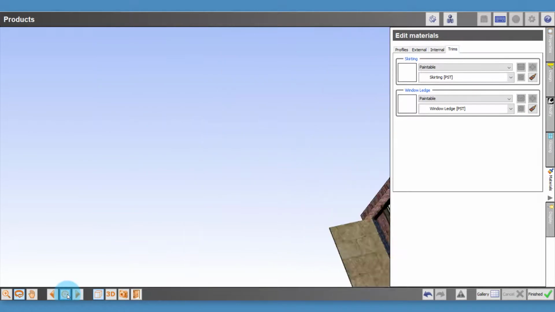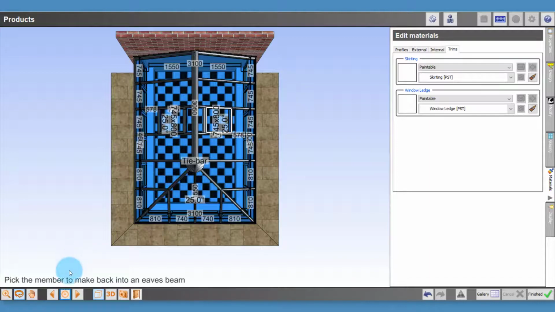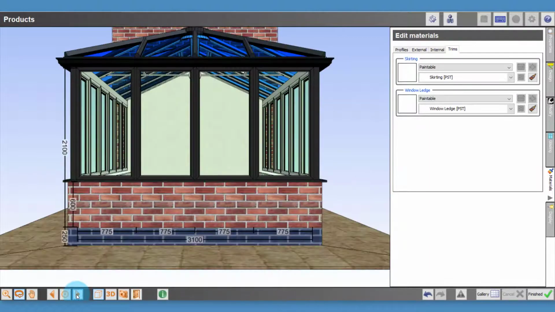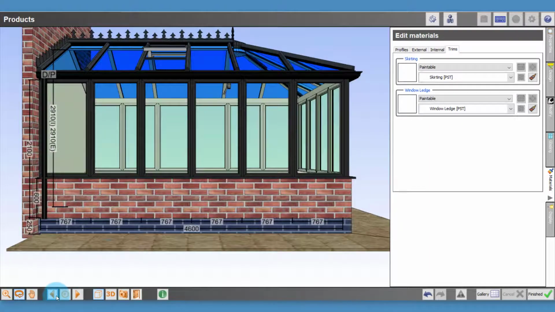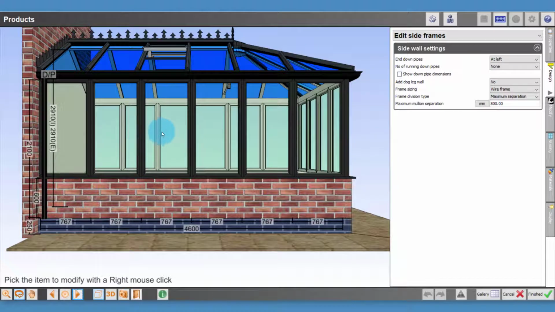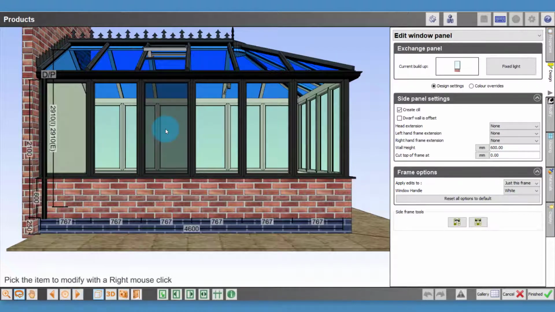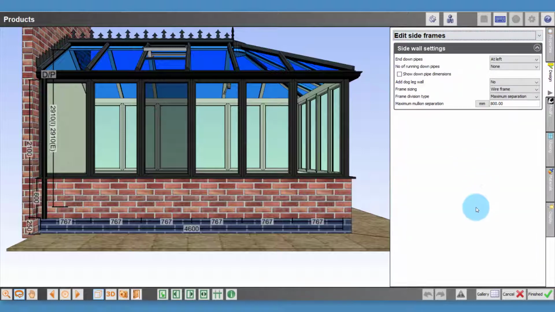Okay, having completed the roof layout, we're now going to take a look at the window layout. So if we click the left-hand mouse button in the centre of these panes, you'll notice the edit area on the right alters. And if we just go to the drop-down menu at the top of the edit area and choose our edit side frames options,